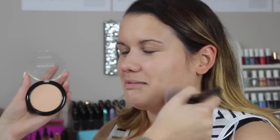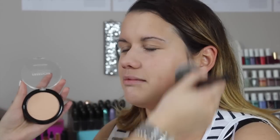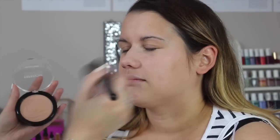So next I'm going to set everything with this pressed powder. It is translucent, so it should be okay for most paler skin tones. Although, you know, I am much paler than Stacey, and most of the products that I would normally use on her wouldn't match. There's not a tremendous amount of colour as it is translucent, but it is on the slightly